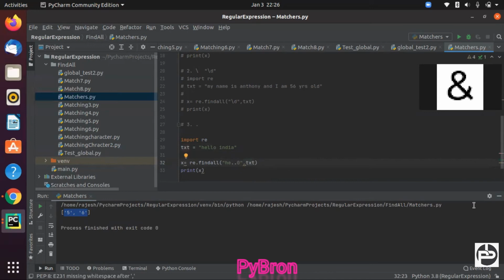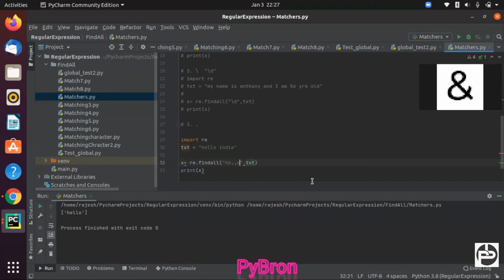Now if I execute this code, what is going to happen? Sorry, instead of 0 I should write o, that was the mistake I made. Can you see this? It means the word which starts with he and ends with o, and in between those there should be two alphabets: one dot for one alphabet, a second dot for the second alphabet.